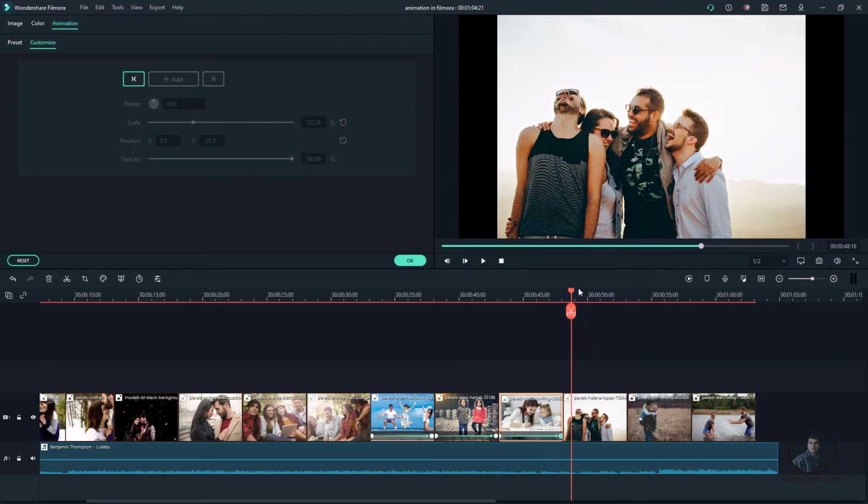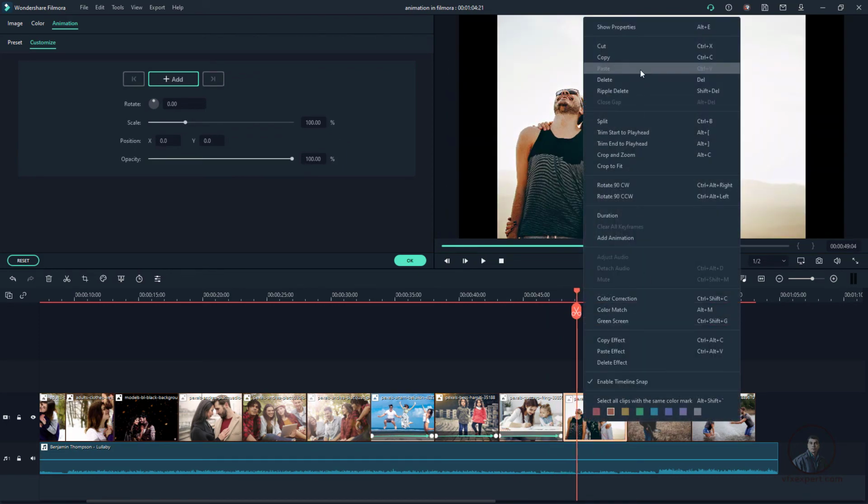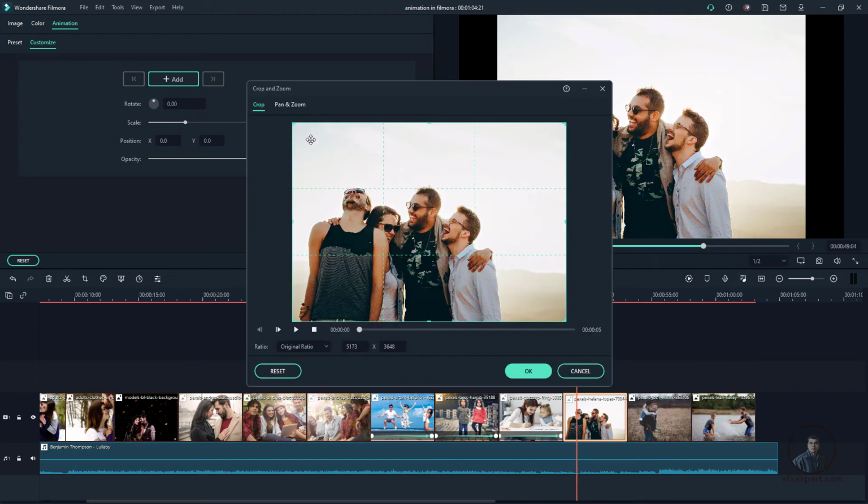Now for these pictures a little bit I am going to pan and zoom again, then right click, crop and zoom, then pan and zoom, select aspect ratio 16:9, then adjust starting and end frame here.